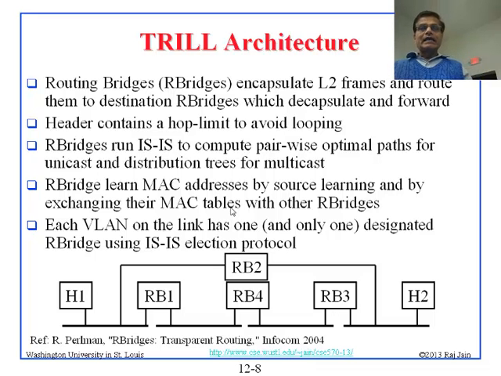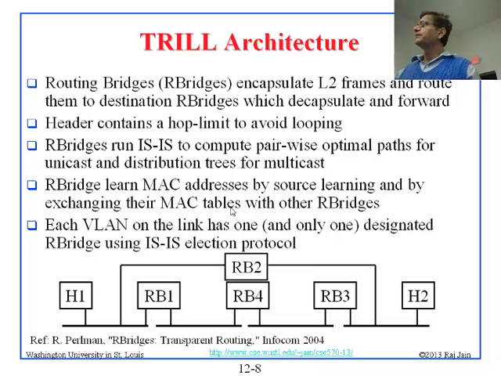Okay? And so she invented a word called routing bridges, R bridges. Routing bridges, what they do is, these are R bridges right here, they take the packet and then they route it to the destination. So a normal bridge will take the packet, put it on the other side, this will take the packet, put it on the other side, it will go to the root somewhere and then come back down the tree and then go to the destination. But instead of doing that, R bridges will take the shortest path to the destination, right? Because they are going to use IP routing,